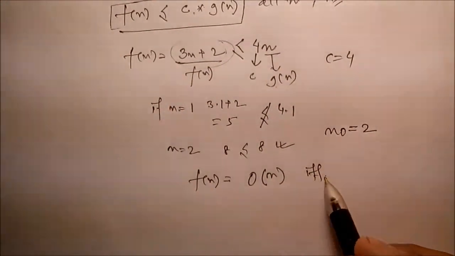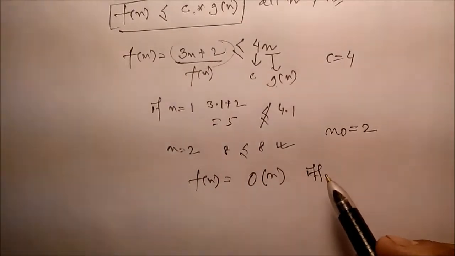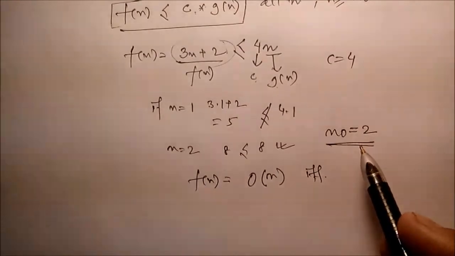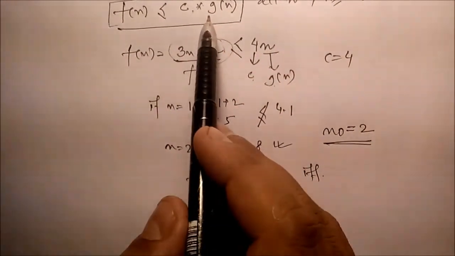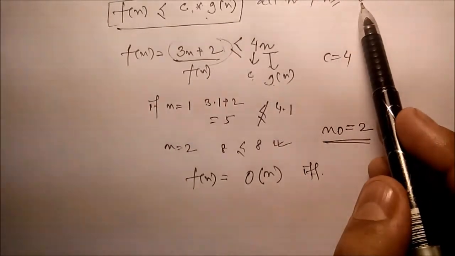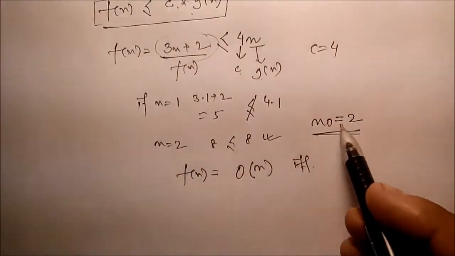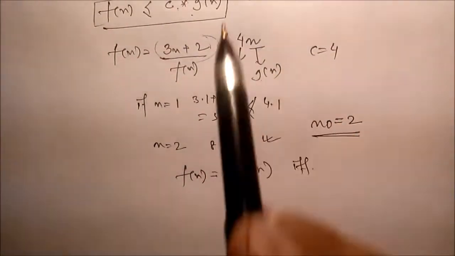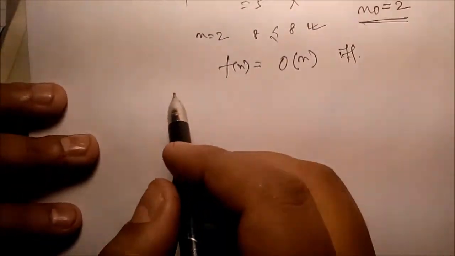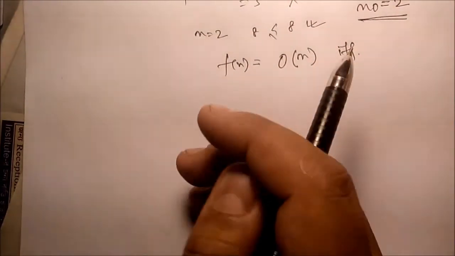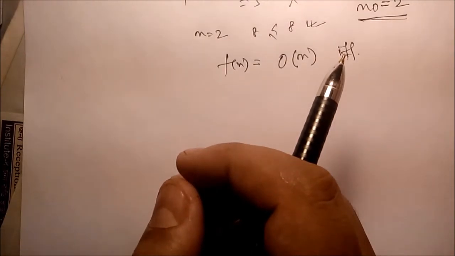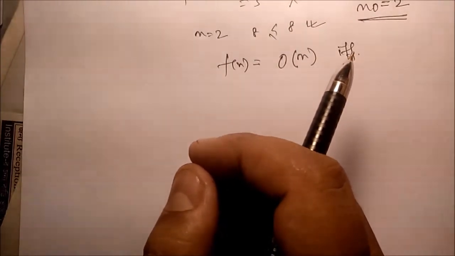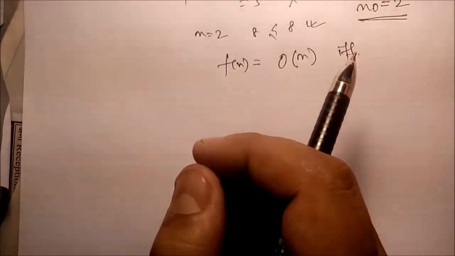If and only if there exists one positive constant c, here c is equal to 4, and n0, where n0 is equal to 2, such that f(n) is less than or equal to c of g(n) for all n greater than n0. So it is true if the value of n is greater than or equal to 2. If n is equal to 1, it is not true. Now you just see the basic theory about big O, big omega, theta. Then we will see the application of big O, big omega, theta, small o, small omega. Okay, now we can take another example.